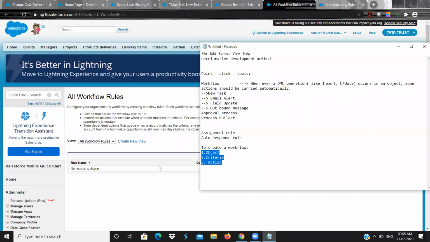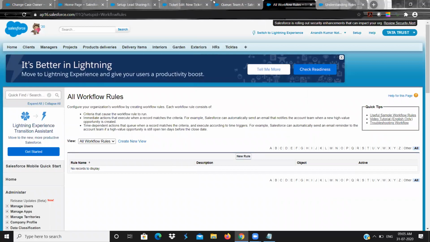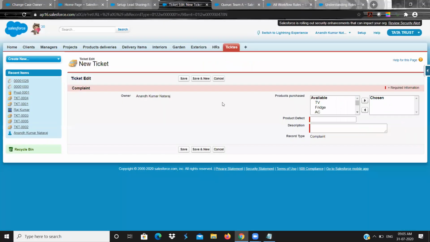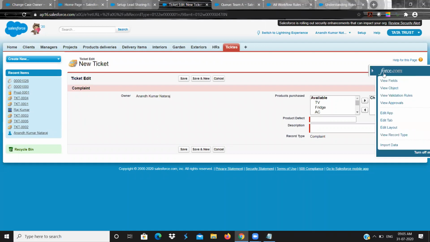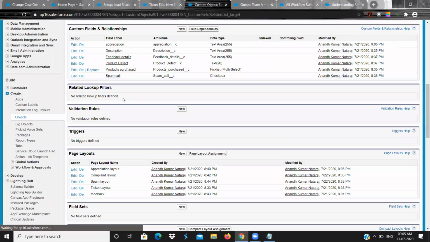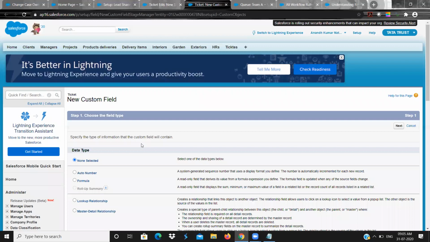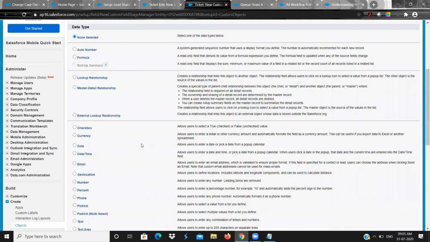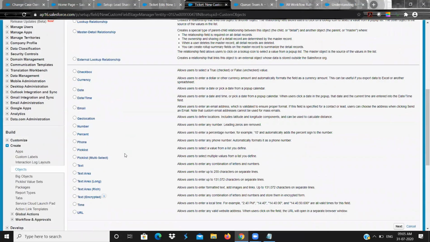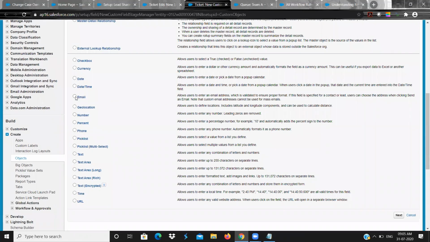First, we know the requirement is in a ticket object. Whenever a new ticket is created, first you will create a field here. So I'm creating a new field called email. The data type is email.